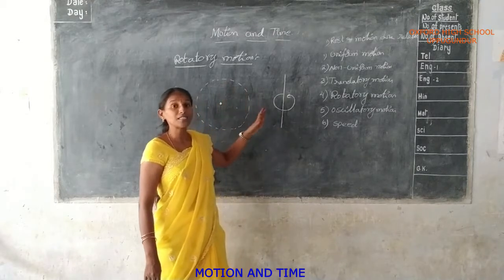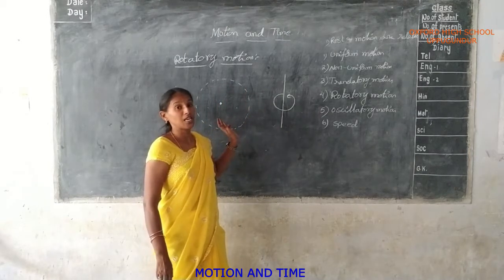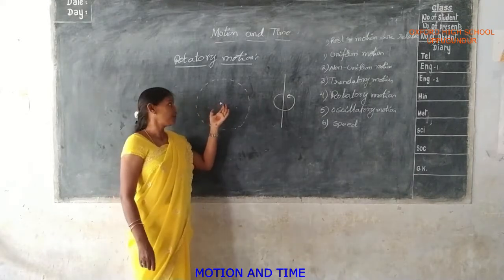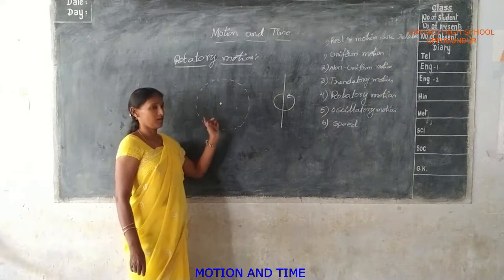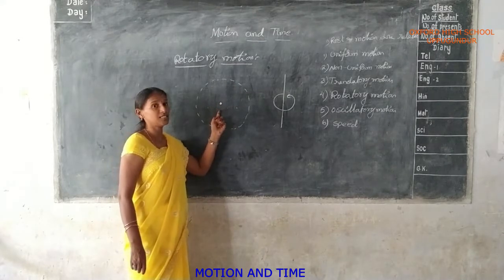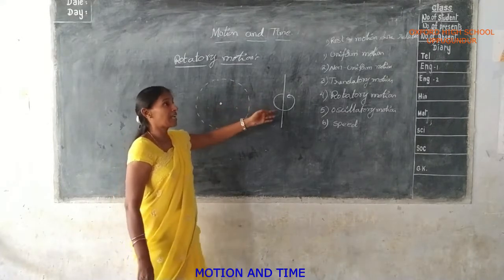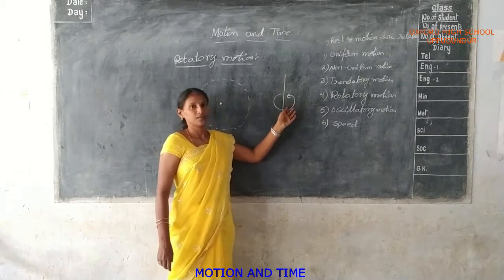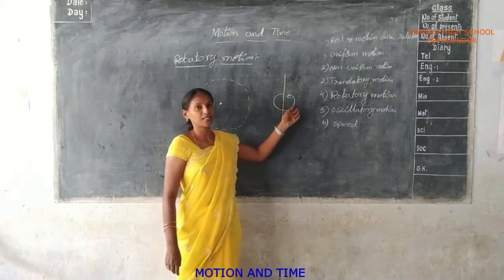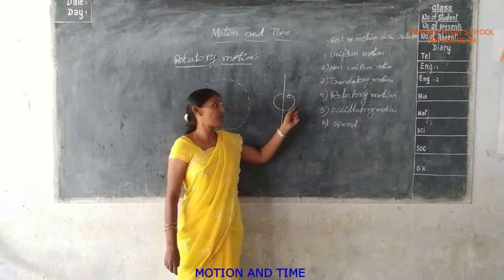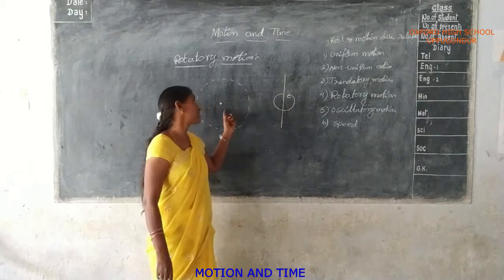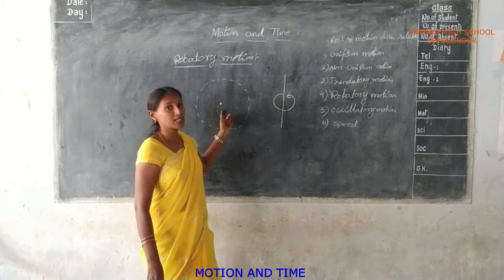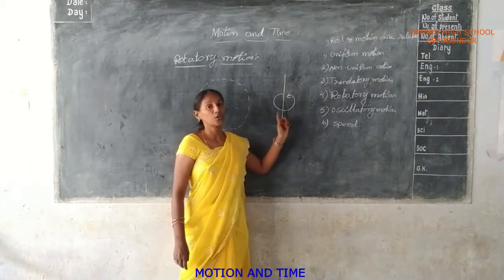So all the particles are passing along a curved path, following the center of the object, and the object depends on the center along the axis of rotation. The axis of rotation is followed, and the center supports the object. Here is the axis of rotation.